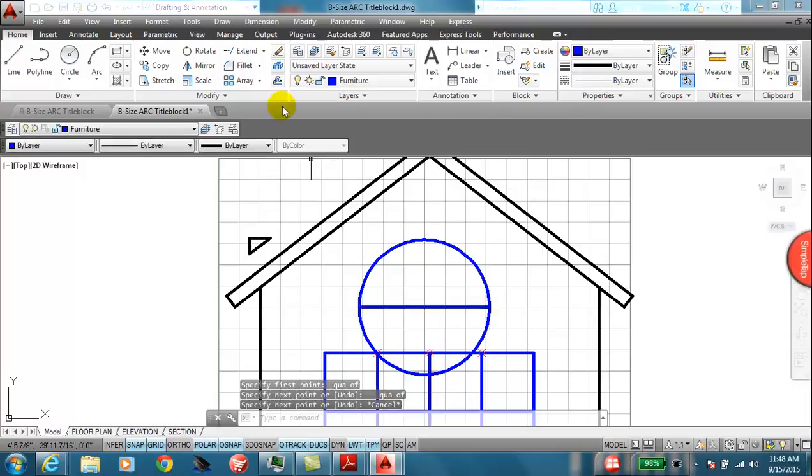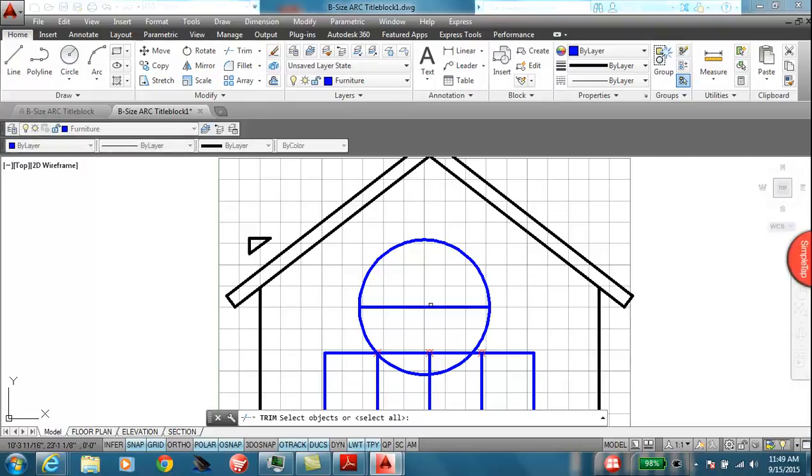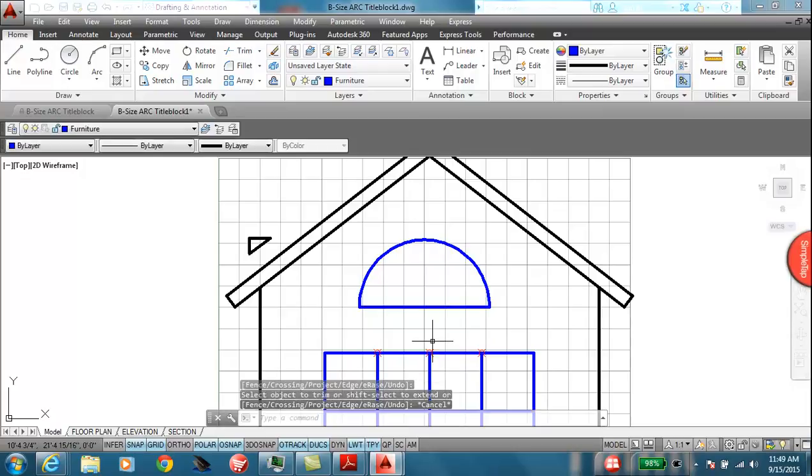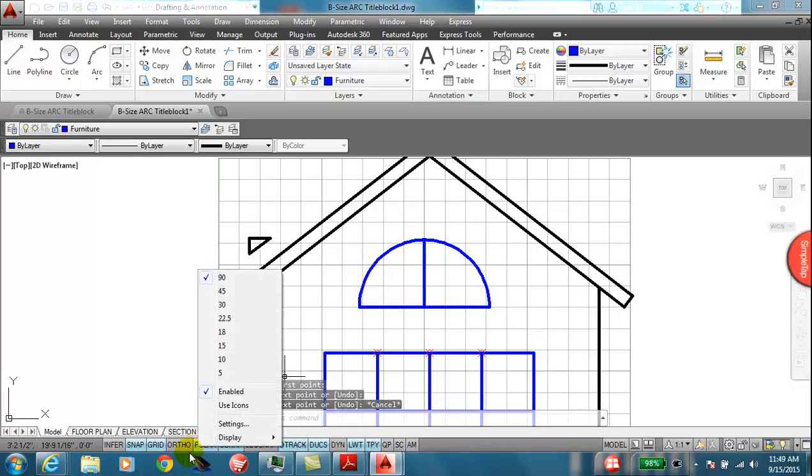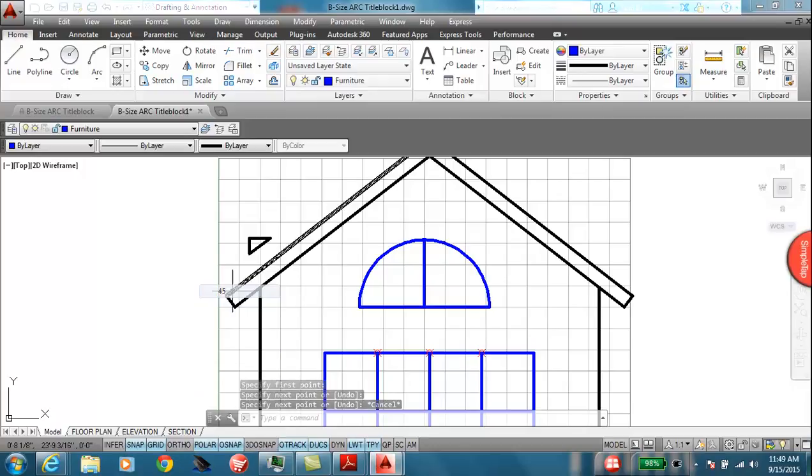And then we'll divide that or trim it. Trim, select our cutting line, hit enter, and then the part 2, remove. And this window has one line from the midpoint to this node, and then it has another line at 45 degrees. And so if we right click on our polar and we enable 45, we can then draw a line, and when we get a tracking point,